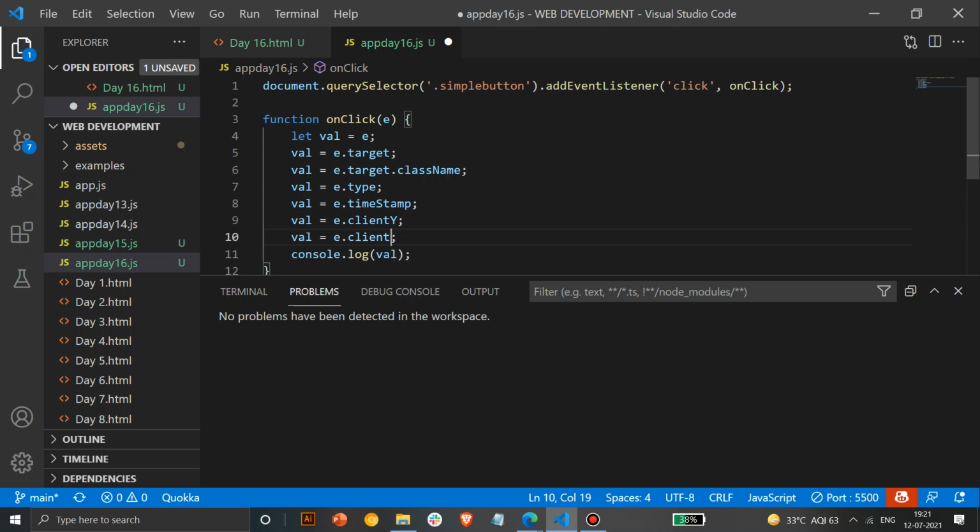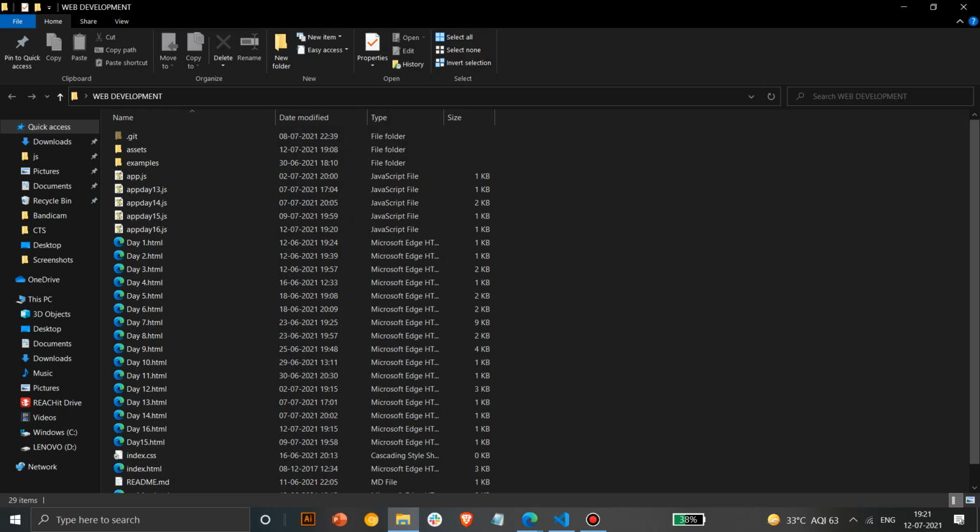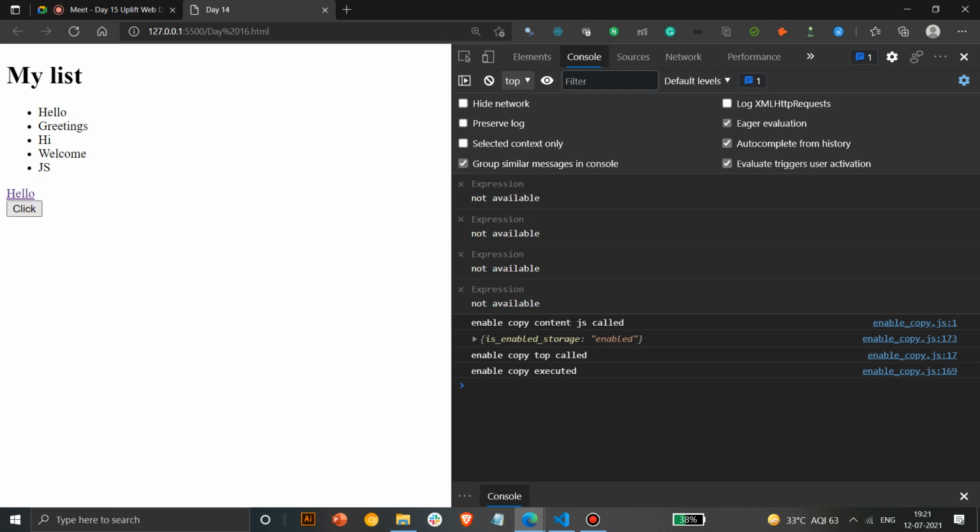Val clientX, and you can check the x-axis values too. So in this exercise this must be 0 or something like 8, and as we move here it will be a higher value. You can check that out. But the difference is that it is taking values starting from the window. So this point will be considered as a 0 point, and as soon as we go down, the values of x and y increase. This is considered as the origin here, and here the values are increasing.